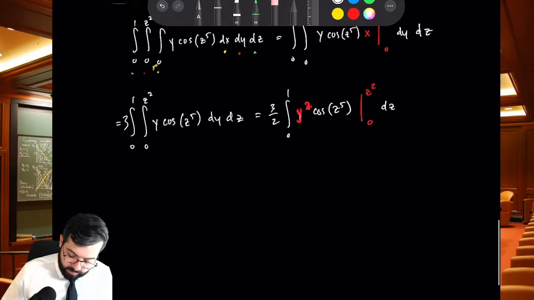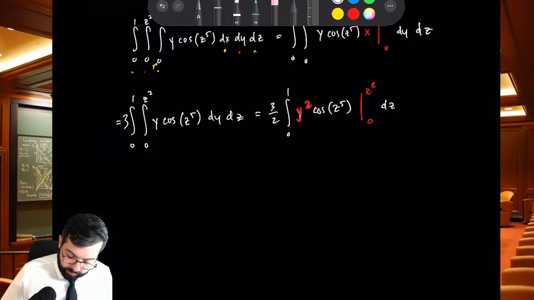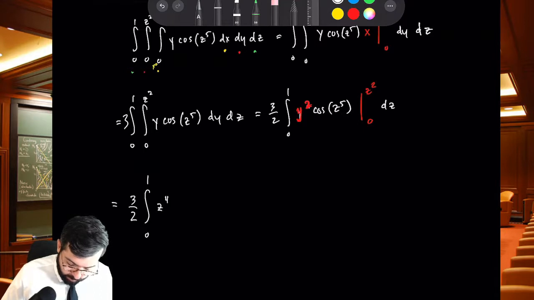And then we will plug in the z squared into y squared, getting z to the fourth. So we get 3/2 z fourth cos z to the fifth dz,